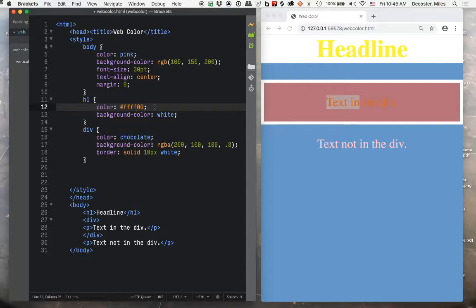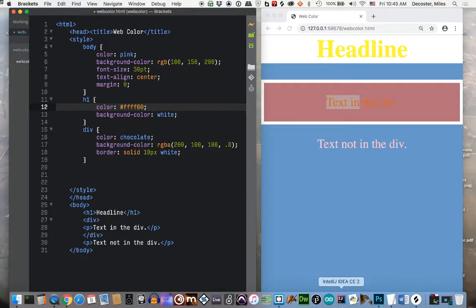So this is just a kind of engineering way of specifying colors. In the early days of the web, this is what we had to do. So we had to get used to at least a little bit thinking of these color values in terms of these hexadecimal numbers. If we go back to Photoshop for a second,